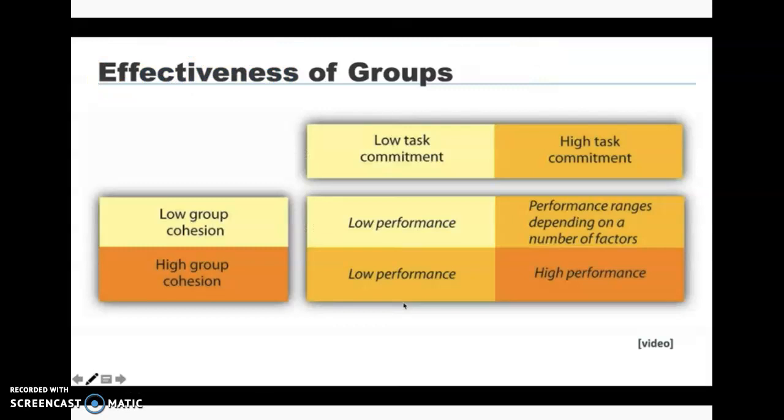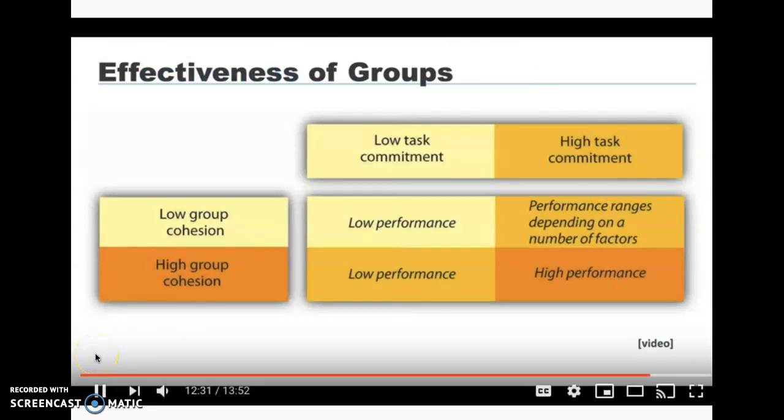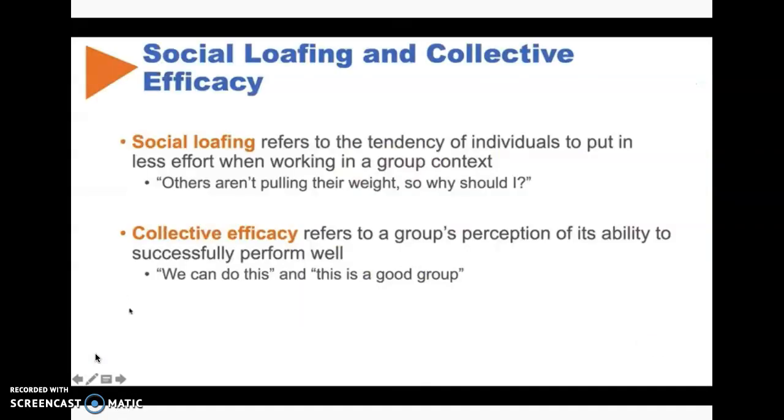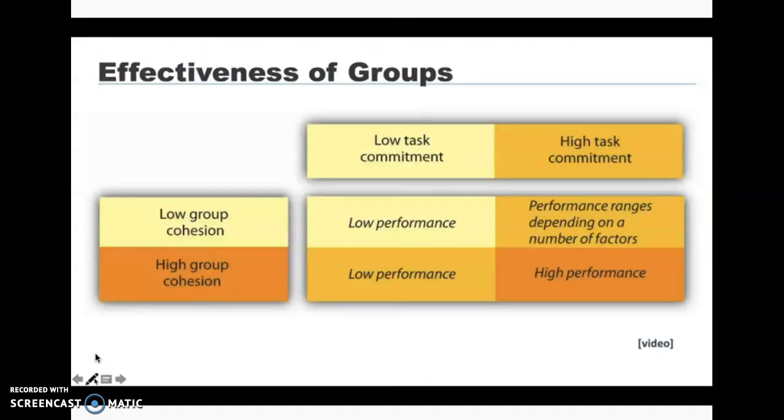And lastly is the effectiveness of groups. So we have here on our left side of the screen, we're going to pick a different color for this one. Blue works great. We have the extent to which we have cohesion. So here we don't have a lot of cohesion. We have low levels of camaraderie. Here we have high group cohesion.